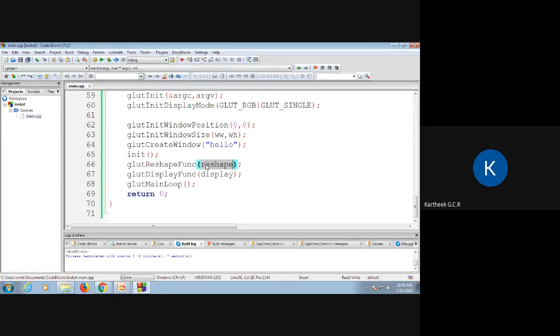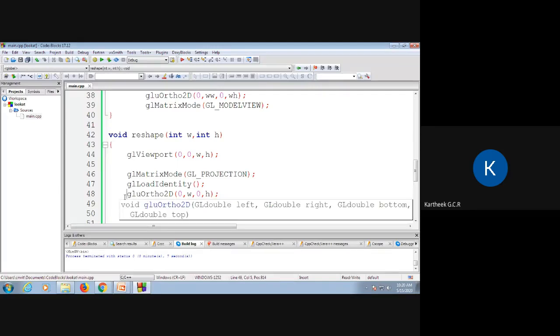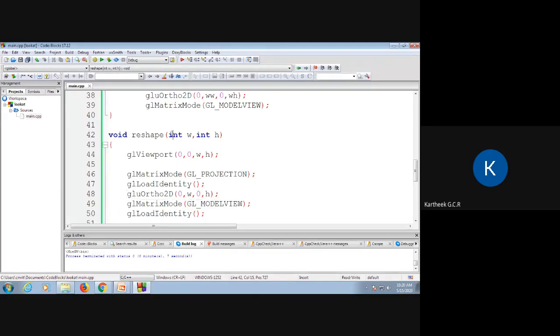This change in the display window size triggers the reshape function, and the reshape function by default will pass two parameters automatically. These two parameters will be the new size of the display window. Now what are you doing? You are setting your viewport size and the clipping window size both the same as the display window size, thereby you are maintaining the aspect ratio. The aspect ratios of the display window and the clipping window are in sync now.